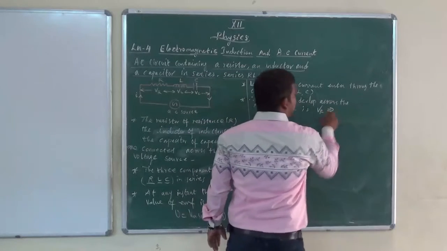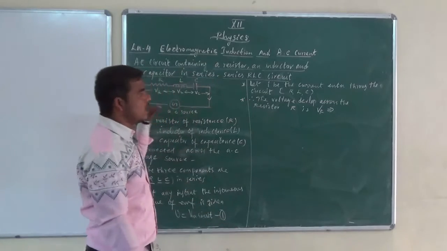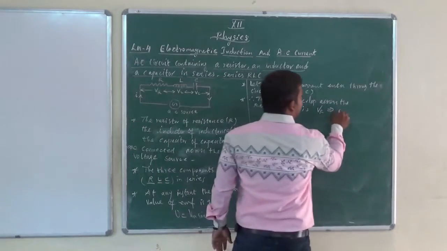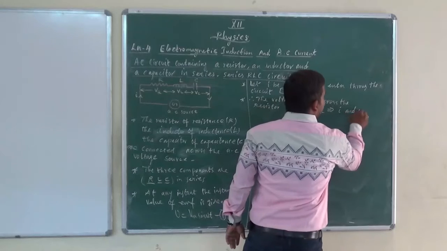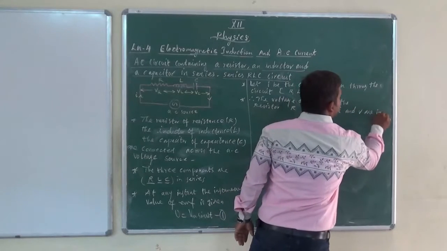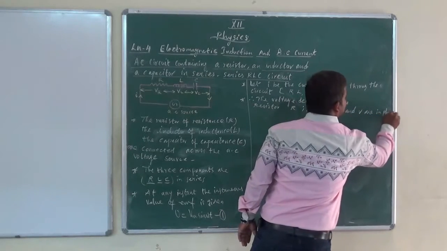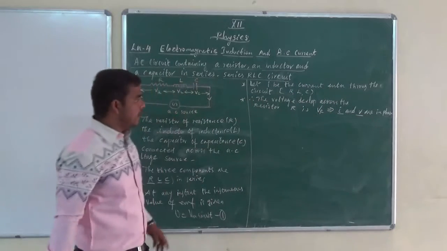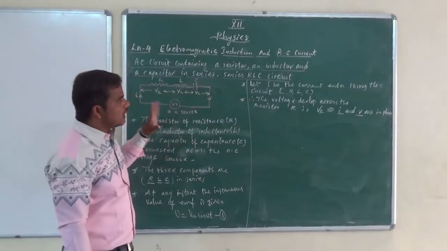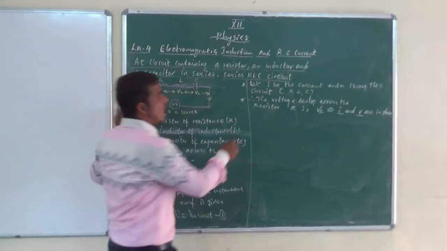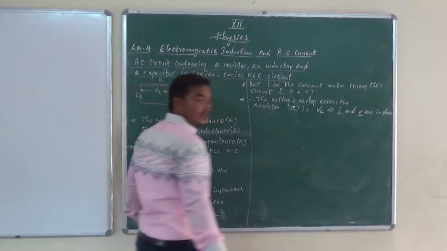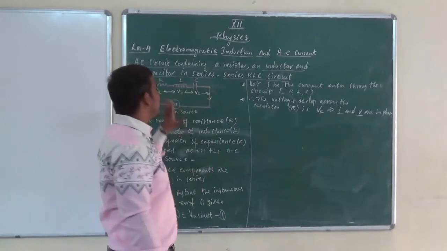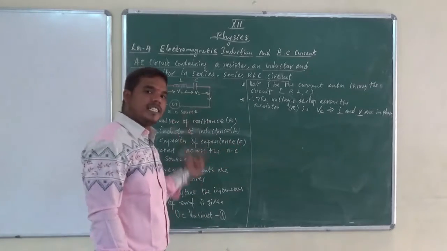If you see, we have already discussed this, I showed that diagram. Current I and voltage V are in phase. Suppose the voltage developed across the resistor R is VR. The current and voltage in the circuit are in phase, as we already discussed.